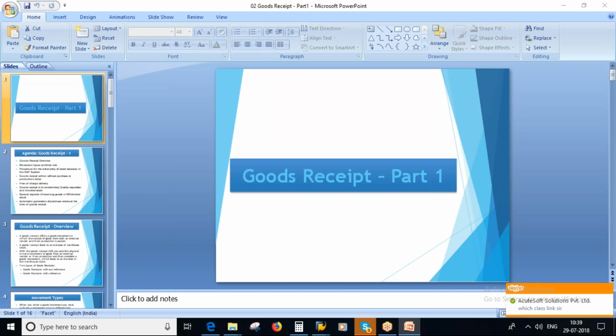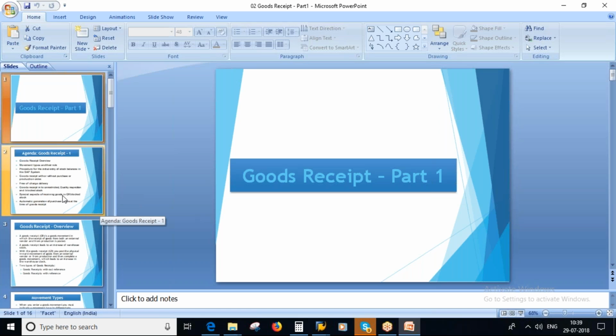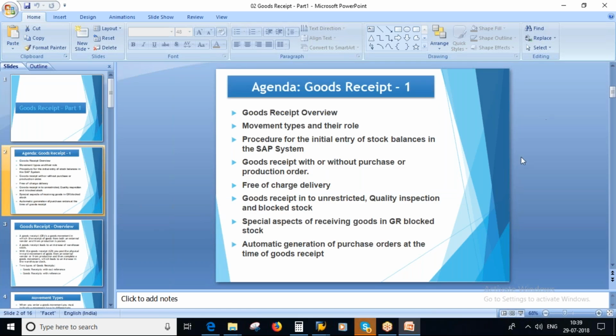Okay, we will be starting our next topic, goods receipt. In the goods receipt part one, we will be discussing the topics that we are going to discuss. They are,